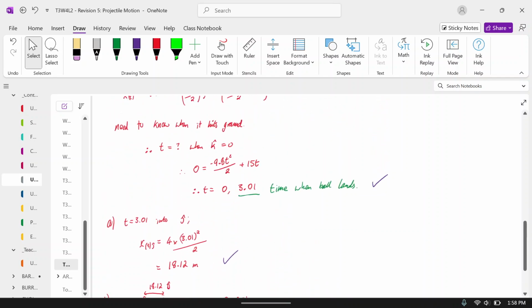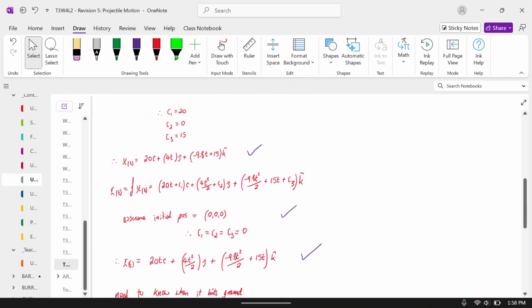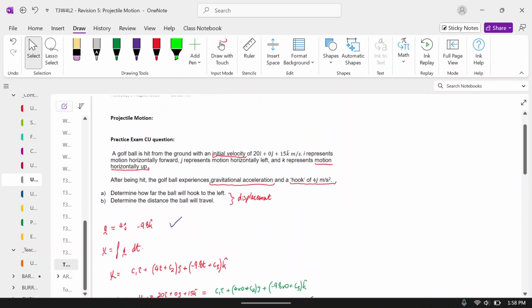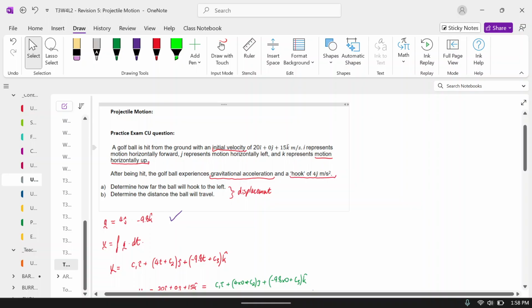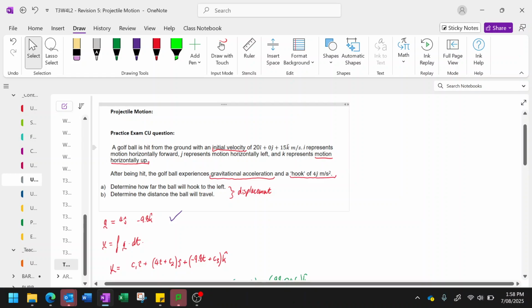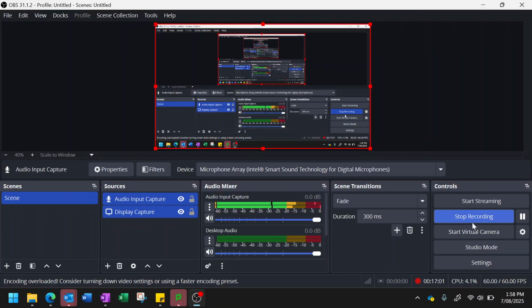It's a big boy. Big hefty question. Feel like the end of the world? It's not too bad. Okay, so actually I should plug this back in. I'll trim this last part of the